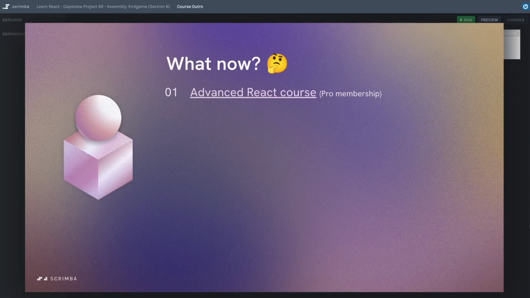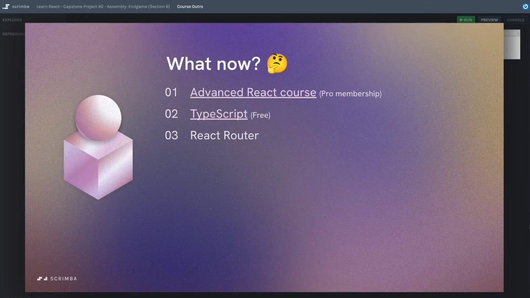Another really important topic you could move on to if you haven't already learned it is TypeScript. And good news, I also have a TypeScript course here on Scrimba, and it is completely free. I already mentioned React Router, but you could focus specifically on learning the React Router package. At the time of recording, React Router is about to release version 7, which is a completely new version of